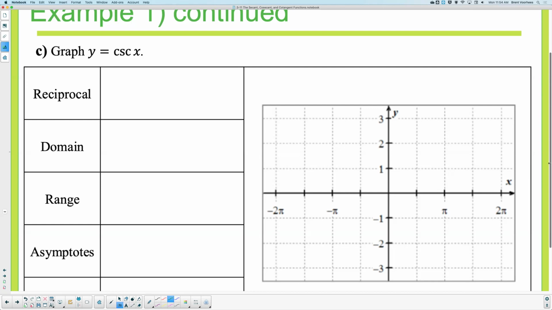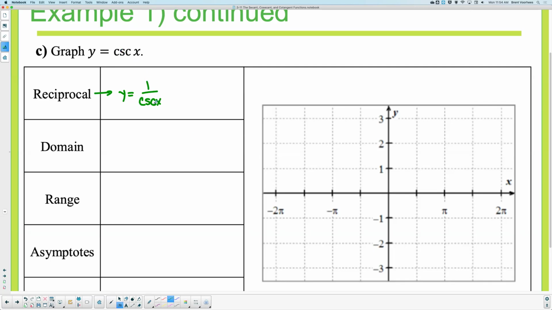Now, here's how I'm going to think about this. Okay? If everybody can follow along here, here's how I want you to think about this. When you have to graph one of those 3 new functions today, secant, cosecant, or cotangent, what I want you to start with first is figure out what is its reciprocal function, meaning the reciprocal would be y equals 1 over